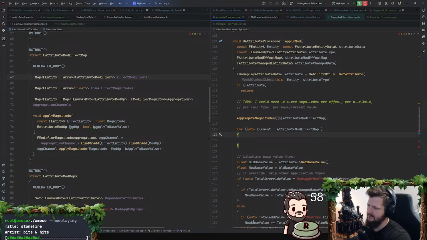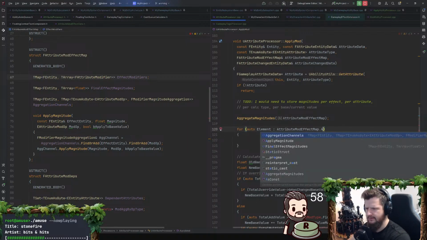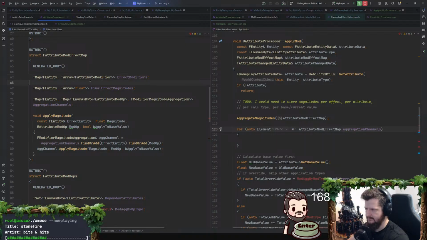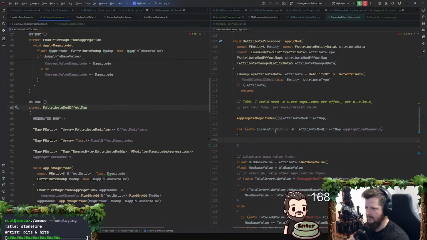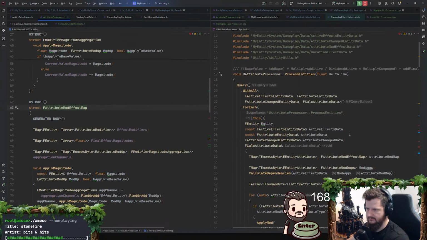I mean, it doesn't matter what we iterate over here at first because we can get the other ones. Let's just do aggregation channels. And I could put these into its own map, right? Attribute mod effect map, which could just be a TMap of entity to these values.